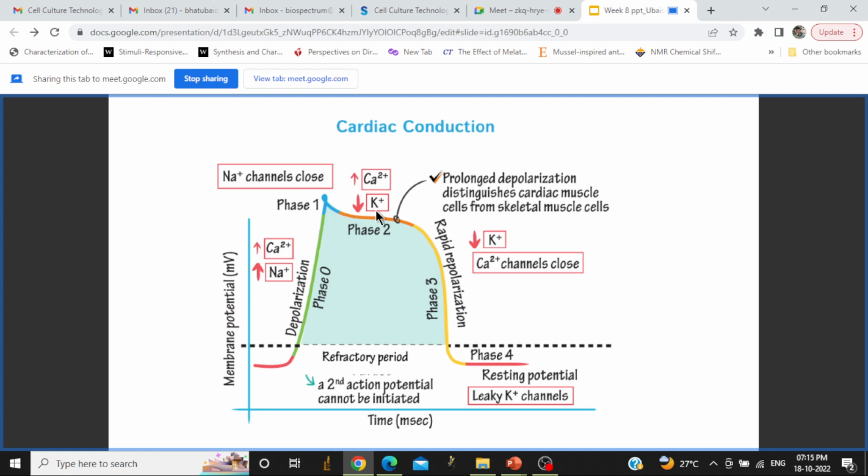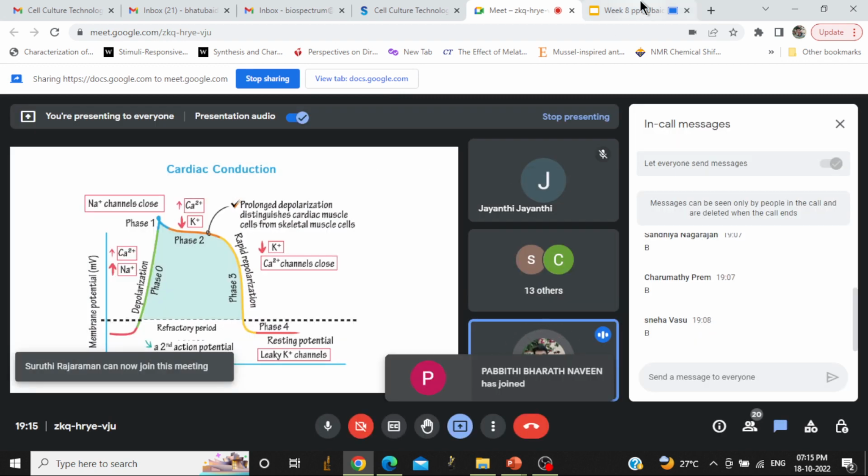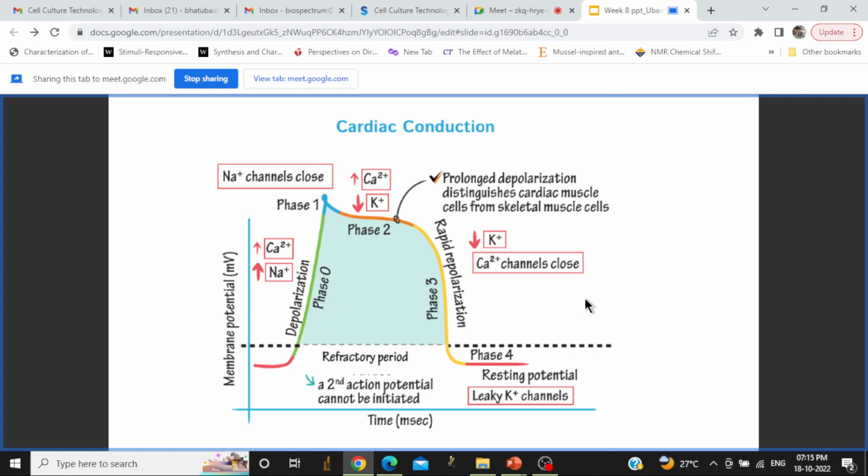This very long refractory phase only occurs in cardiac muscles, but skeletal muscle cells have a much shorter prolonged depolarization or refractory phase. In this refractory phase, if a second action potential or second stimulus is given to the cardiac muscle, the contraction does not occur, or further depolarization will not occur, because of the